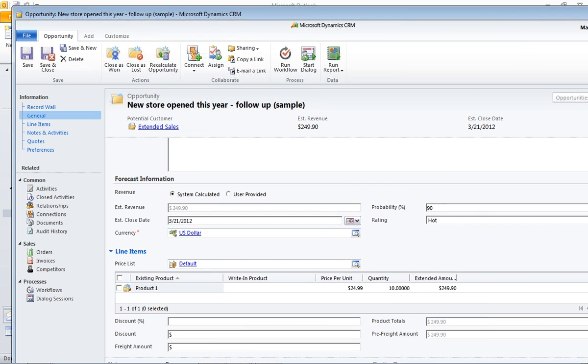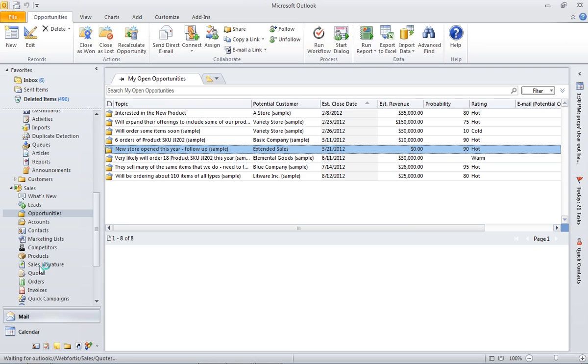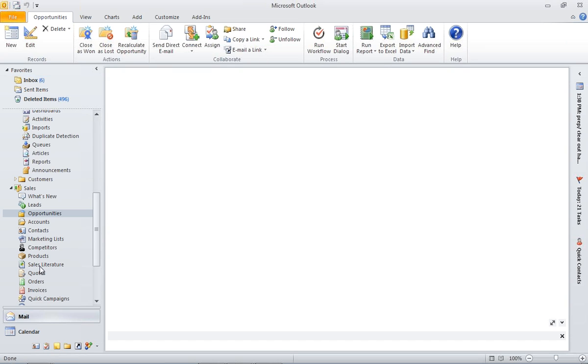So let me go ahead and close out of all of these. So ideally, you would not be having all the windows open and going through it as quickly as we did here. So I want to show a couple different ways that you can find your quotes, orders, invoices, and opportunities. And the first one is, if you go into the sales, you would have a list of your opportunities, a list of all your quotes, a list of all your orders, a list of all your invoices. And again, if I go ahead and click on quotes,